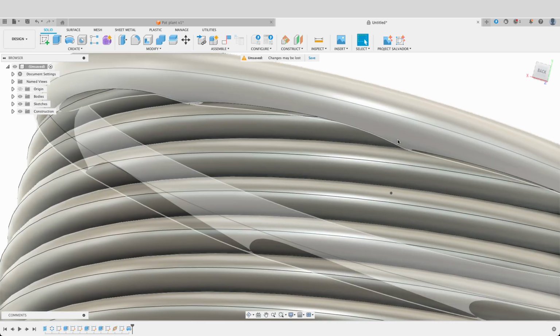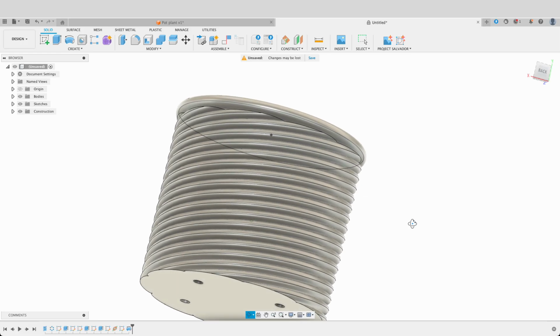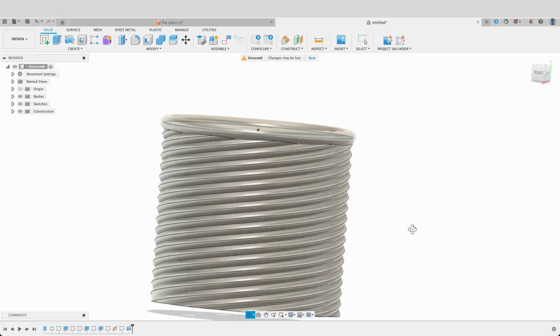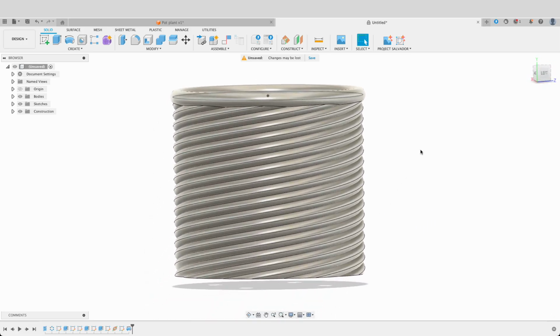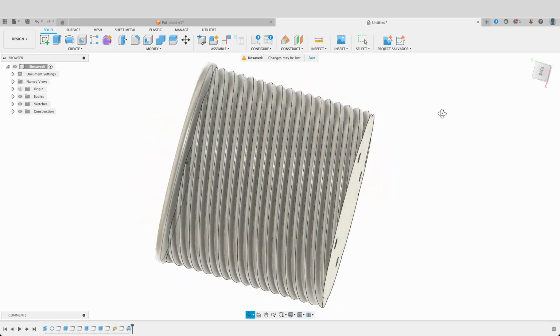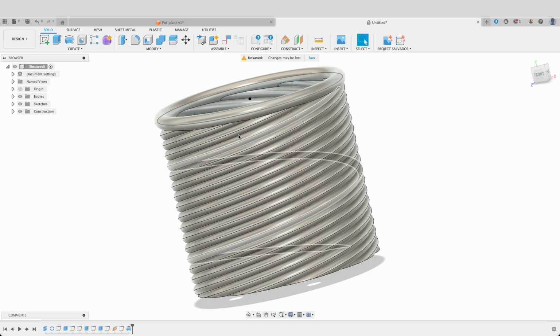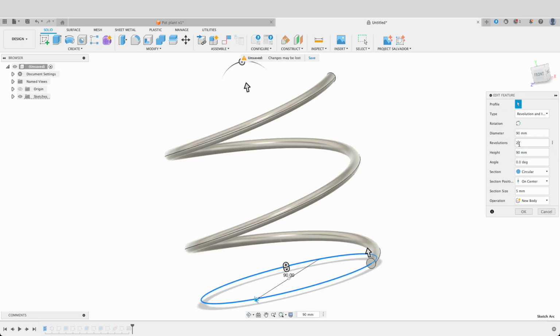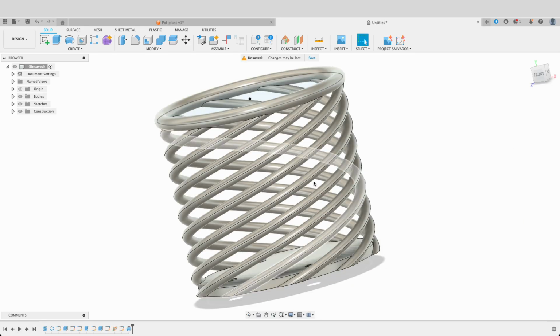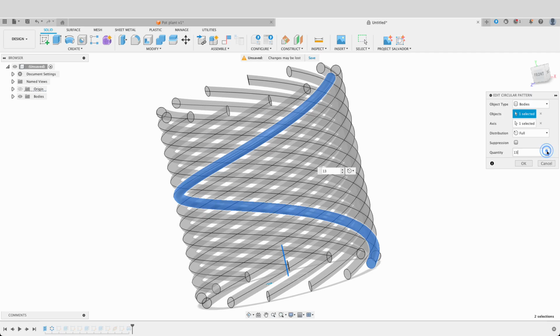May have some issues there because I want to print it without supports. Print it without supports, see how it goes, and if we need to, we'll change supports. But that's just a basic idea of what you can do with just a coil and a pattern tool. We could have a very different shape if we had to go into our coil and say we made it 1 revolution. Obviously now it's not closed, but you could increase the number of instances